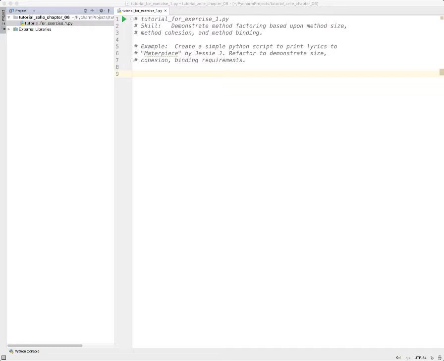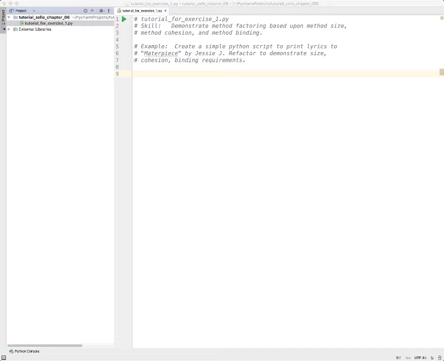the considerations of what makes method factoring, what constitutes a good job, okay? And one has to do with the size of the method. Another has to do with the thing we call cohesion, all being about the same thing. And the third has to do about binding, which the shorthand being methods should know as little as possible about the internals of each other. Okay? So